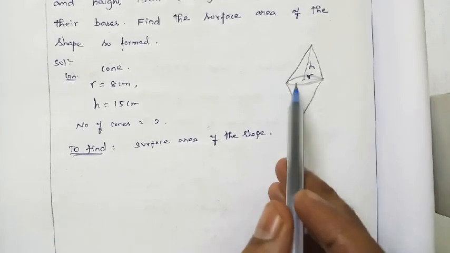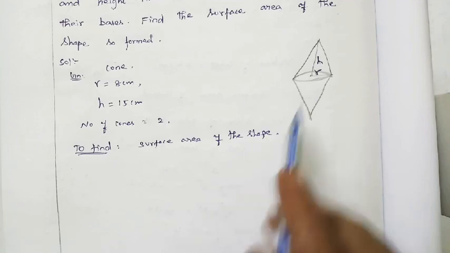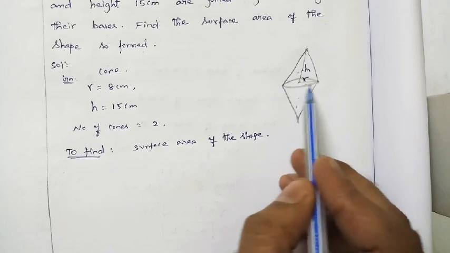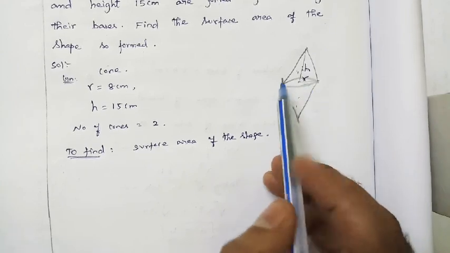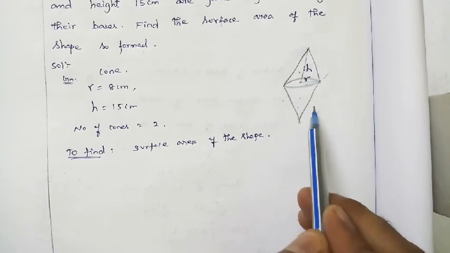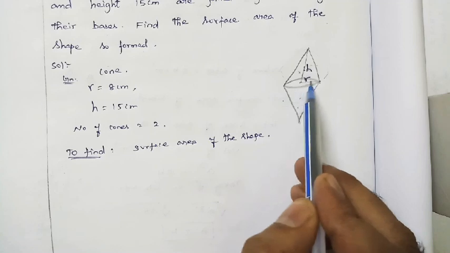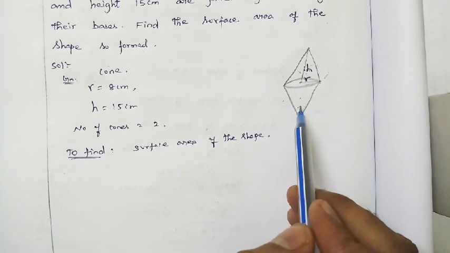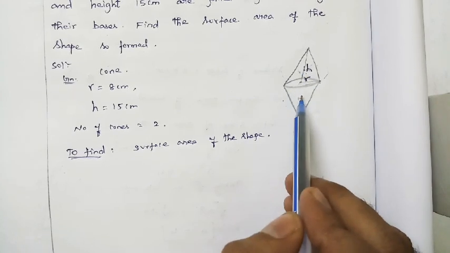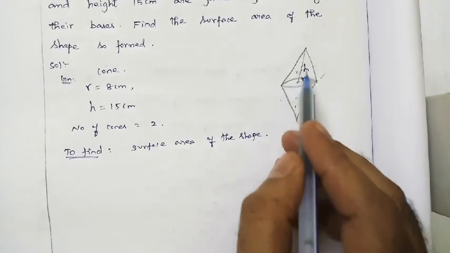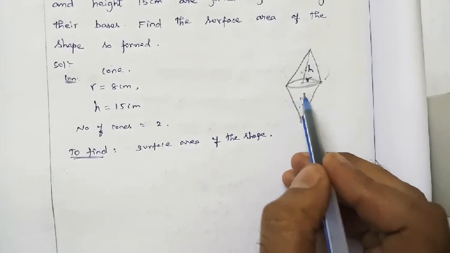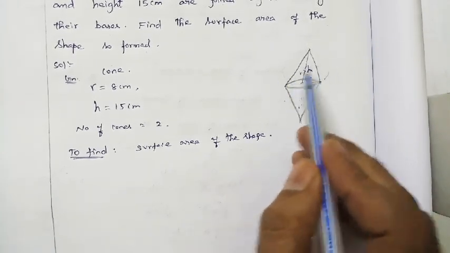Okay, here while we are joining the two cones, the base has been hidden, right? The base of the two cones has been hidden. Now we want to find only the curved surface area of the first cone and curved surface area of the second cone, CSA alone. Because the base for the first cone as well as the base for the second cone has been hidden, there is no base for this shape. Only we are having cones alone.